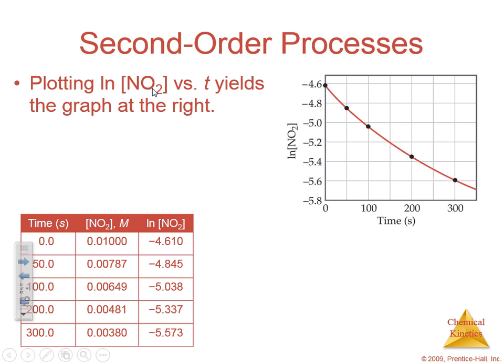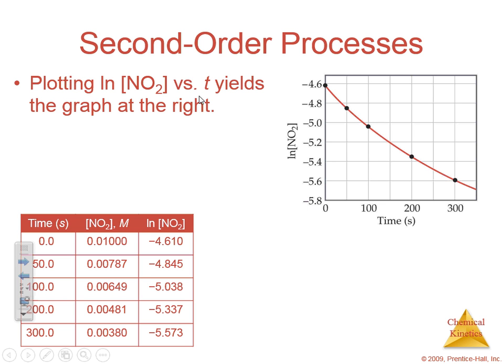Plotting the natural log of NO2 versus t yields the graph at right. Is this a straight line? Absolutely not. Therefore, we know that this reaction is not a first order process. We use the first order reaction,